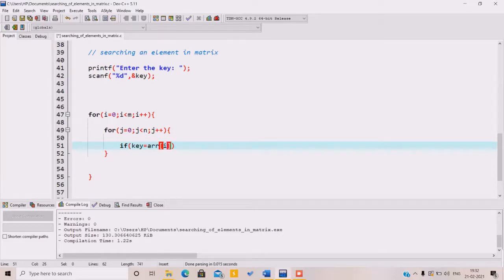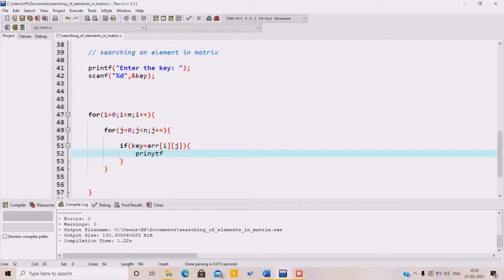So if the key is equal to, just write first, then printf, the position.